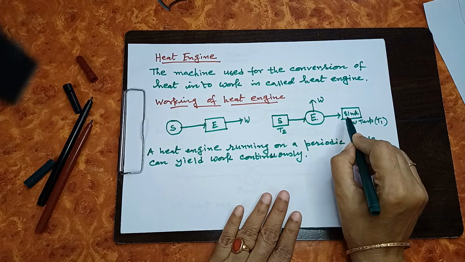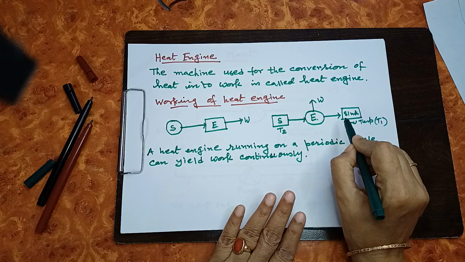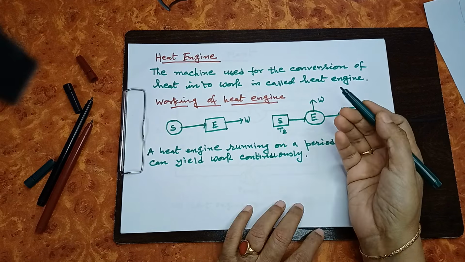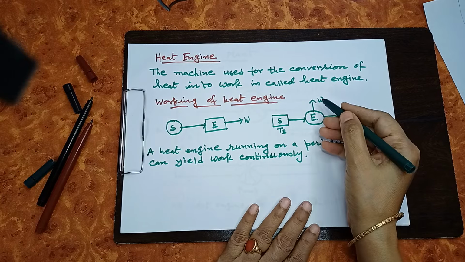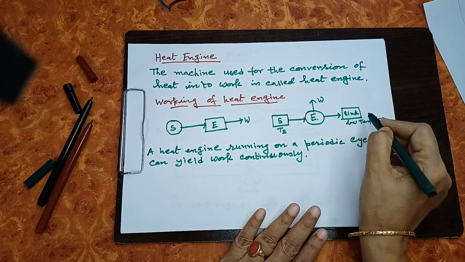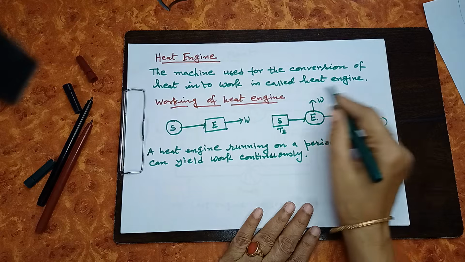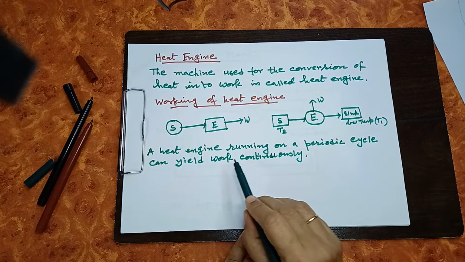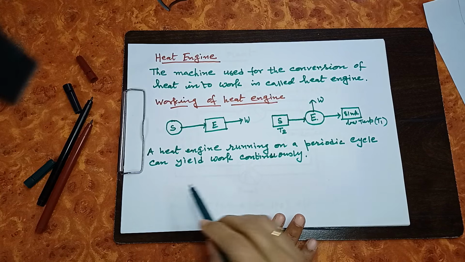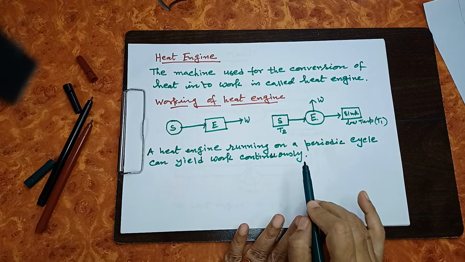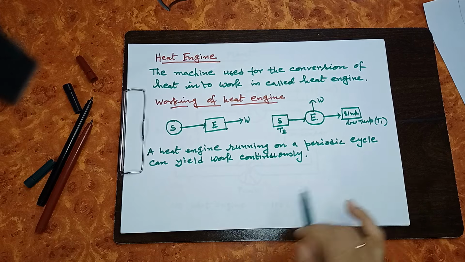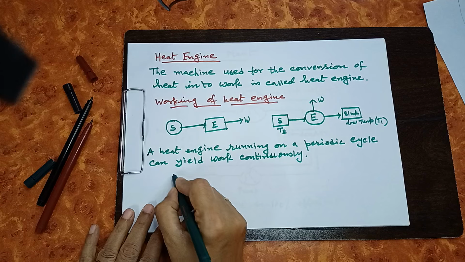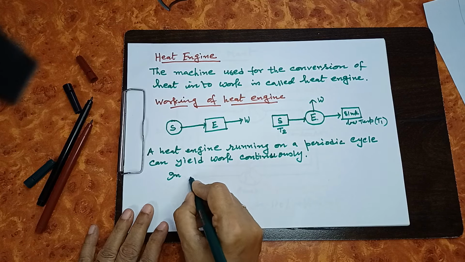And this type of heat engine is possible. In a cyclic process, it can continuously produce work because it is taking heat from some source, converting the heat to some extent to mechanical work, and releasing the remaining heat to the sink. Again, the cyclic process continues. So a heat engine running on a periodic cycle can yield work continuously. So what have we observed for the heat engine? In the operation of a heat engine,